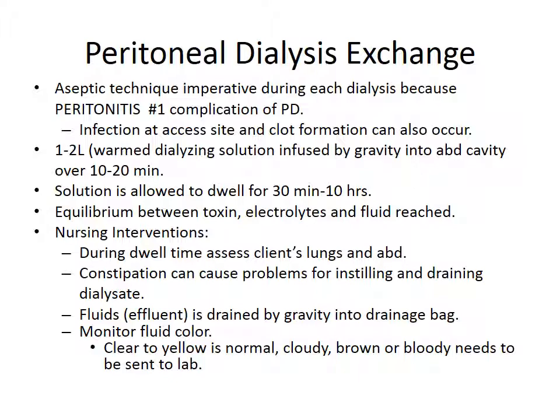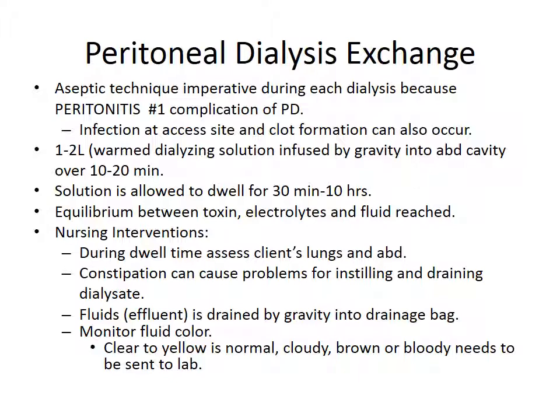and fluid is reached. Nursing interventions for the peritoneal dialysis exchange patient include, during dwell time, to assess the client's lungs and abdomen. Because 2 liters of fluid are inserted into the abdomen, it pushes the diaphragm up, and oftentimes these patients have difficulty breathing. Constipation can also cause problems for instilling and draining the dialysate, as the full colon takes up space in the peritoneal cavity. The fluid, or the effluent, is drained by gravity into a drainage bag, and you want to